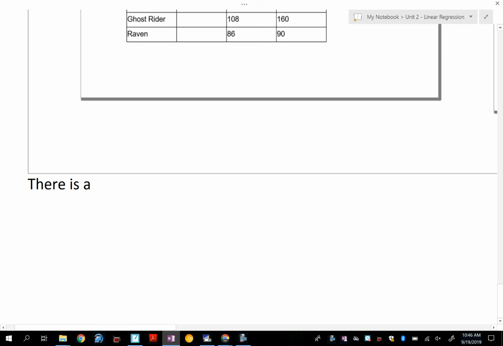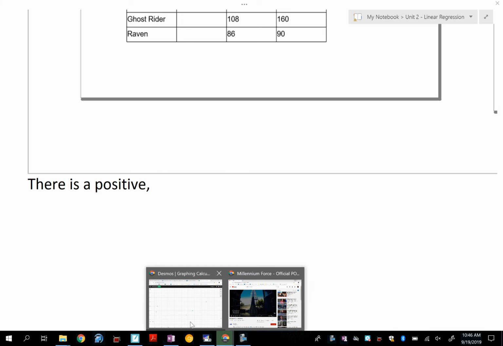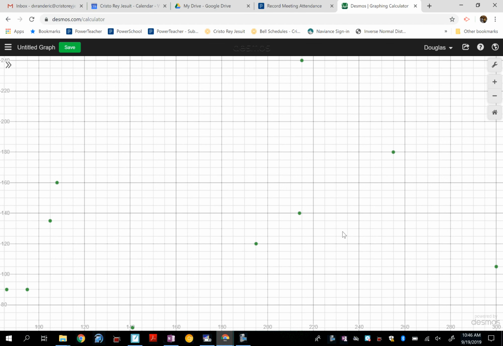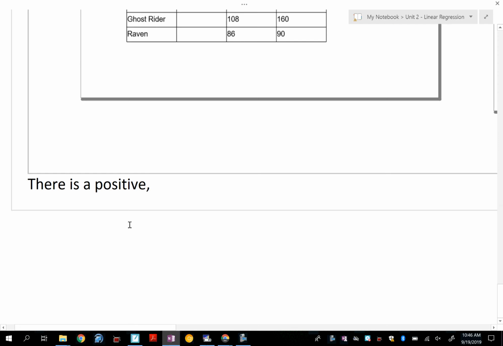There is a positive. Do we think it's linear? We don't think it's linear? No? Not linear? Okay, I think it's linear, so I'm going to write linear. There's a positive, linear, weak